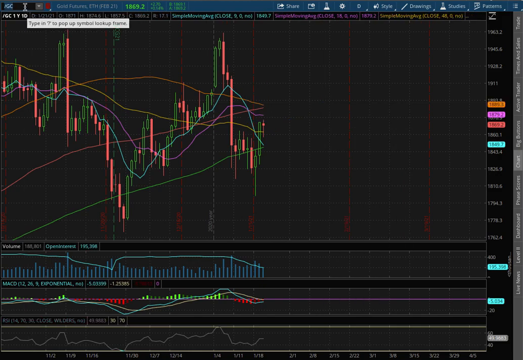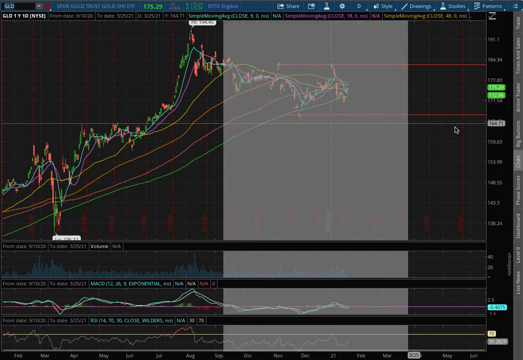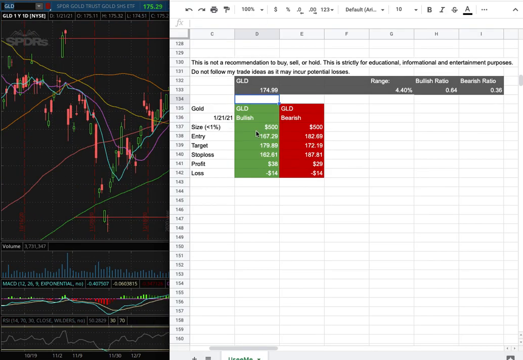And as for the trade idea of the week, I'll be trading GLD, and my position size for it is going to be less than 1% of my portfolio, and my long entry is at $167.29, and that is this range here, and that coincided with support in the past that dated back to November 30th. My sell target for it is at $179.89, and my stop loss is at